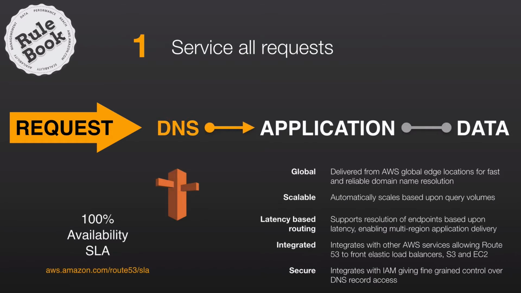And AWS have a service called Route 53, which is a managed DNS service that can help you deal with the challenge of deploying and scaling DNS. It has some advanced features as well as a very fundamental feature, which is 100% availability SLA commitment from AWS to you with a set of service credits that sit behind that. You can find out more about that at